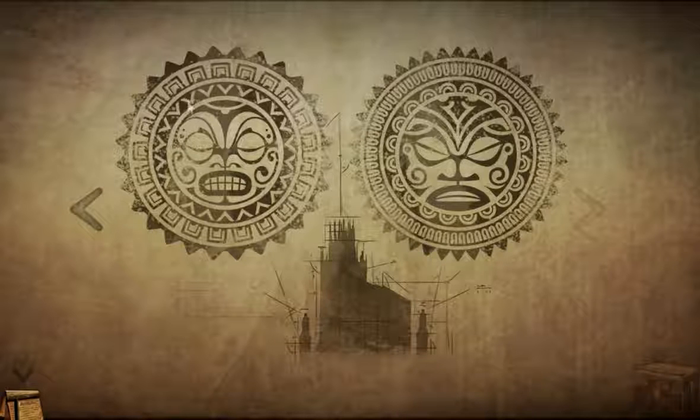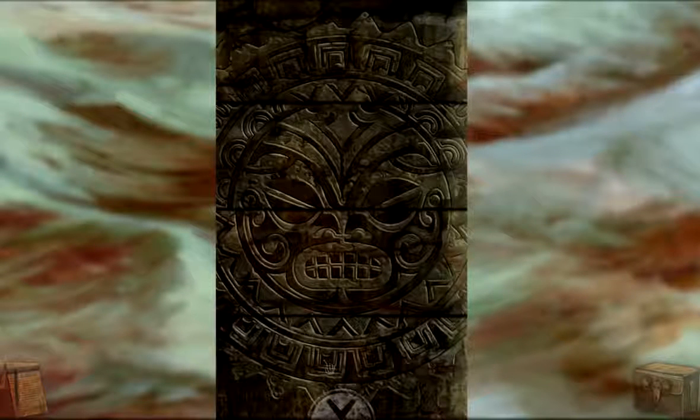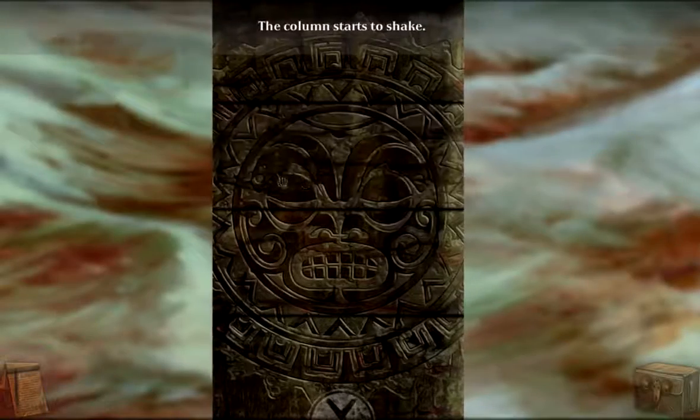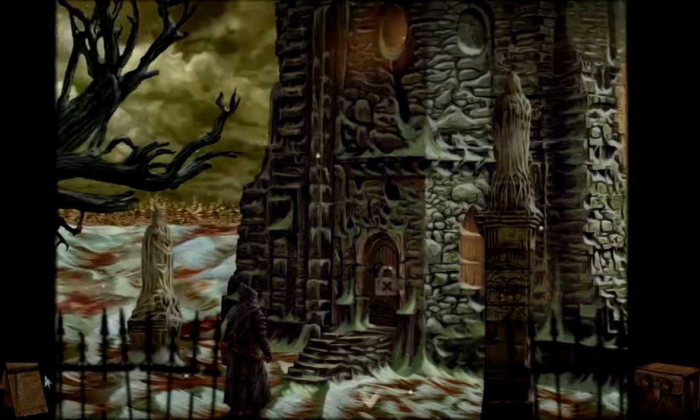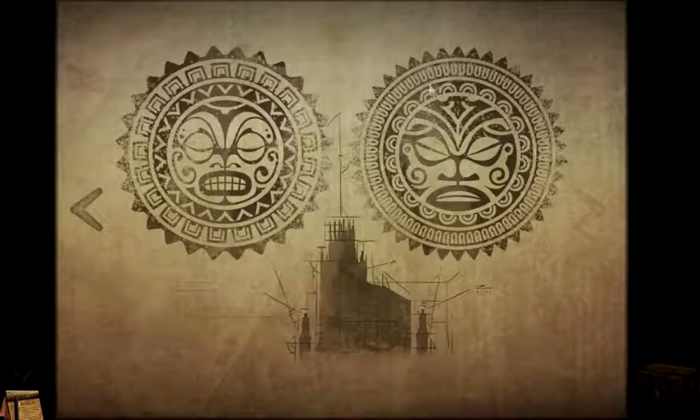Like square outlines, a bunch of V's, if you want to say so, or points. Kind of angry. All right, that looks about right. Let's see here, squares. Okay, so I'm assuming the eyes are not right. There we go. The column starts to shake. Alright, easy enough. So that was for the left one, and now we gotta figure out the one for the right. Looks like a bunch of U's, circles, and...